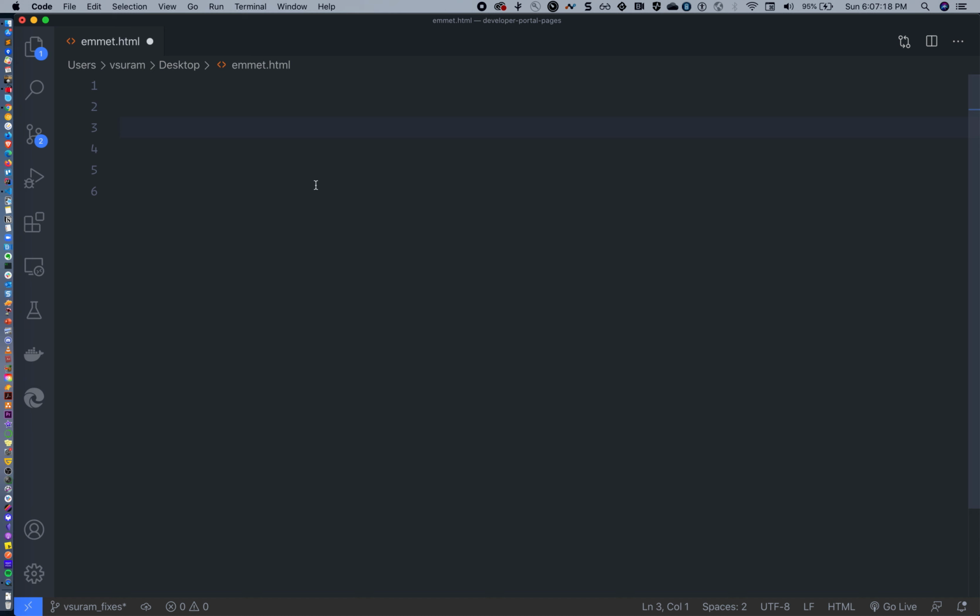Next one is that Emmet.js has some implicit declarations. Let's say if I do dot light, it will by default create an element with the tag div.